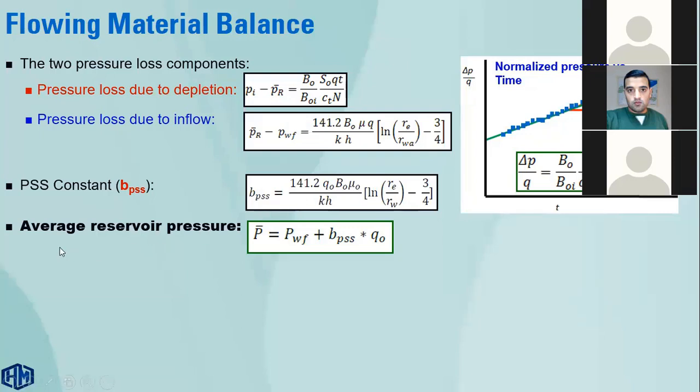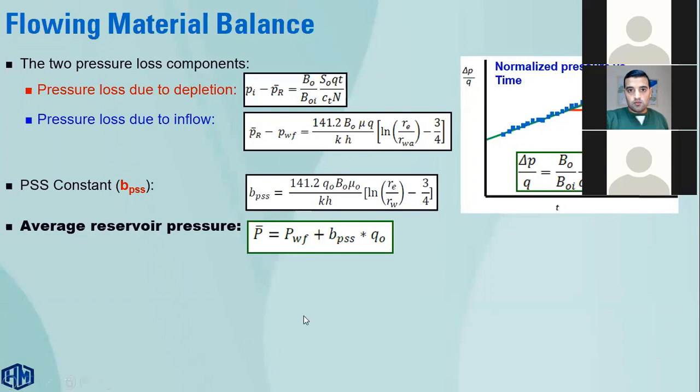This term will be used to calculate the average reservoir pressure while producing. So the flowing material balance is simply used to calculate the average reservoir pressure while producing, without the need of shutting in the wells, without the loss of production,